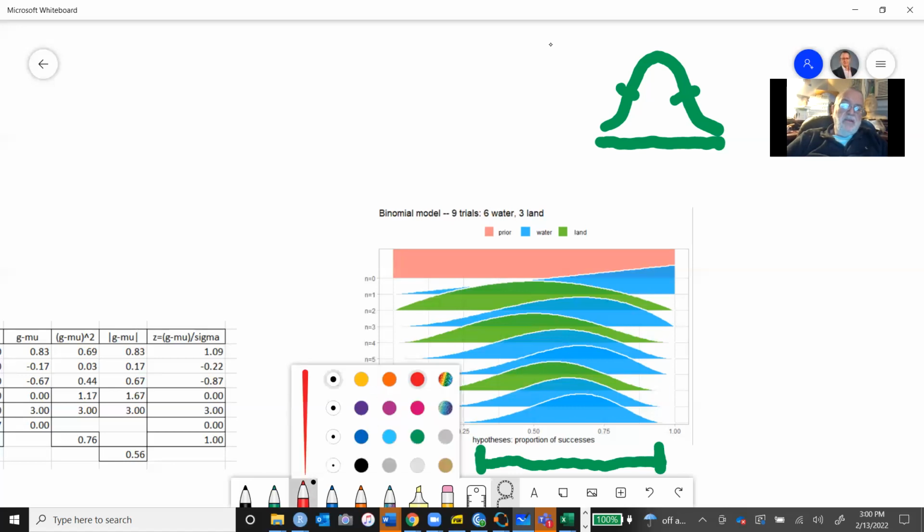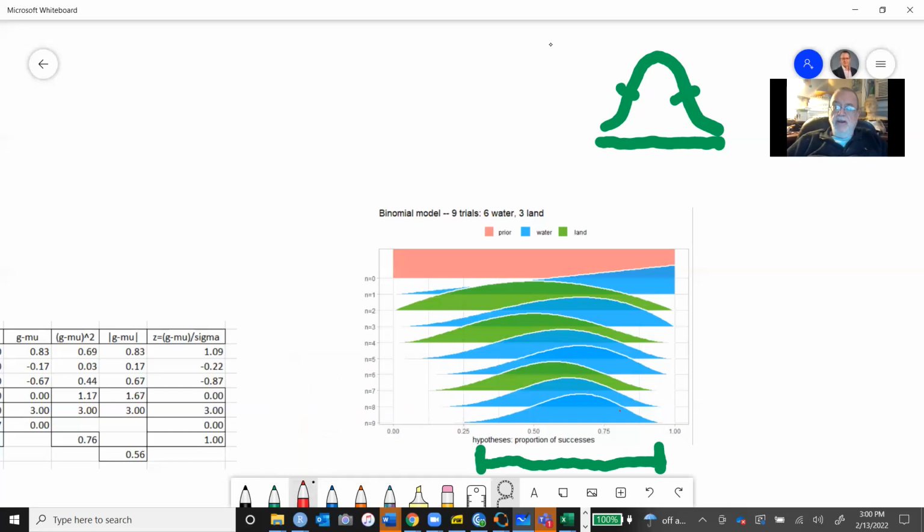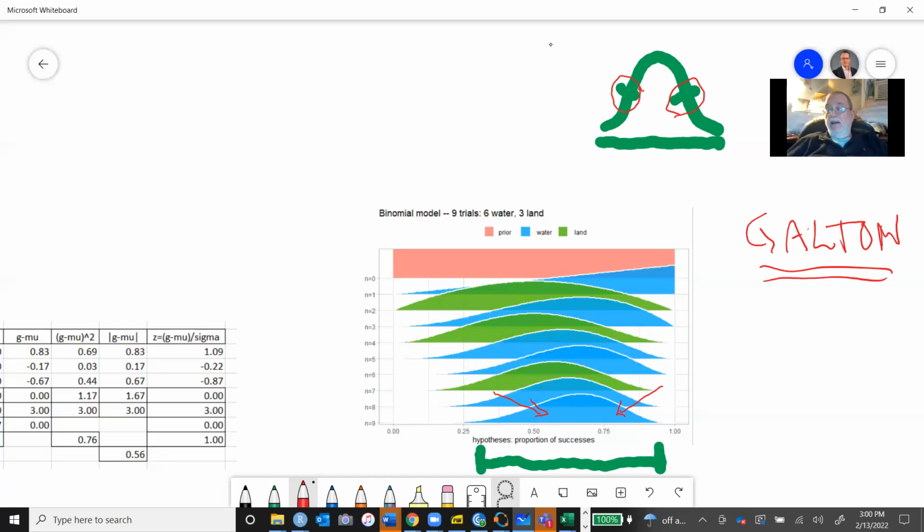If I can pull this up here. It begins to pinch in right here and right here. That's called an inflection point. It's the same inflection point that we saw with the Galton. Galton, regaling everybody with his, not a parlor trick. It's something that is going to happen every time in our